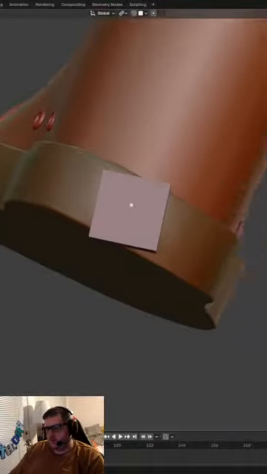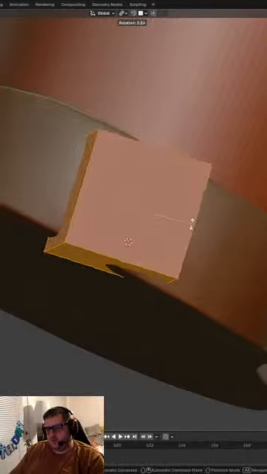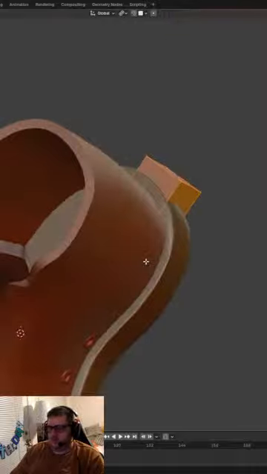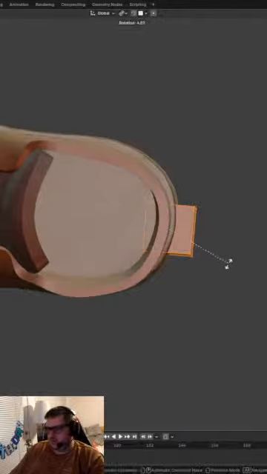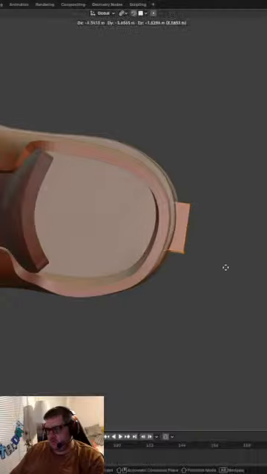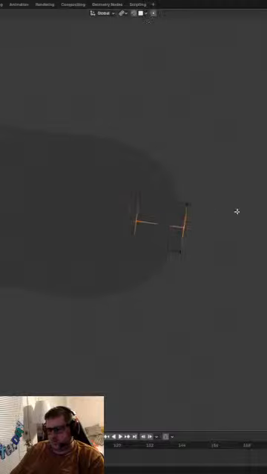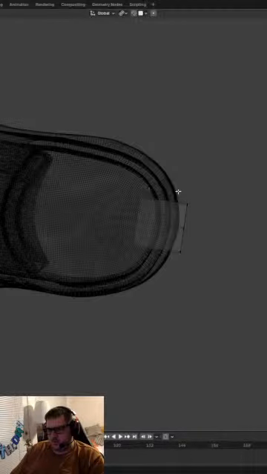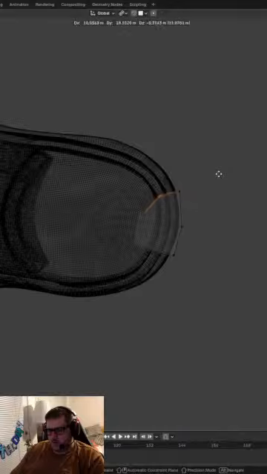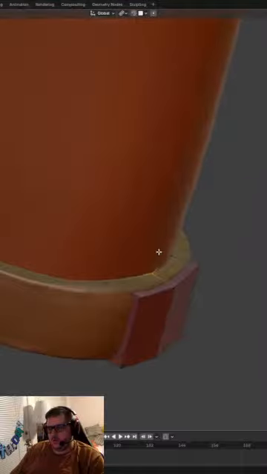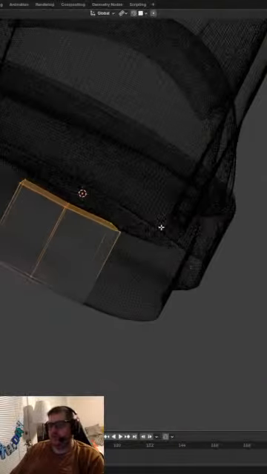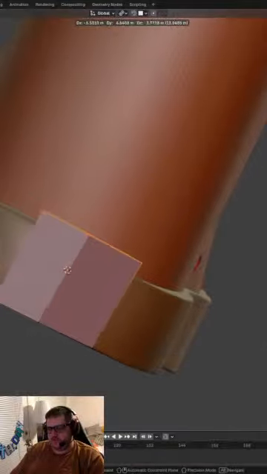Okay. Yeah, because we rotated the shoe to match the leg, it's now in a funky position.